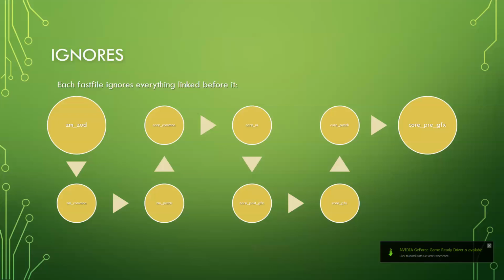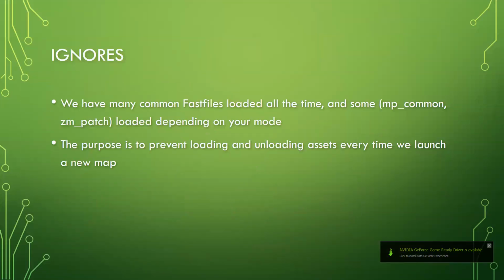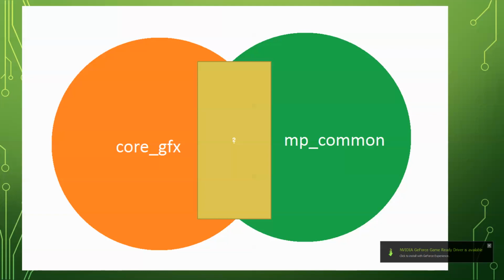So everything that's loaded in core PGFX, everything linked into that, if we come across the same asset in core patch, we don't need to include it in core patch. If we come across an asset in core common that was in any of these files, then we don't need to include it in core common. So the way we would do that is we would put a line in core common.zone, or actually probably the class file, that says ignore comma core UI, ignore comma core PGFX, ignore comma core GFX. So that when we link MP common, which is loaded after core GFX,